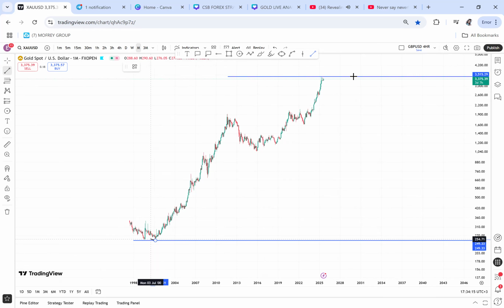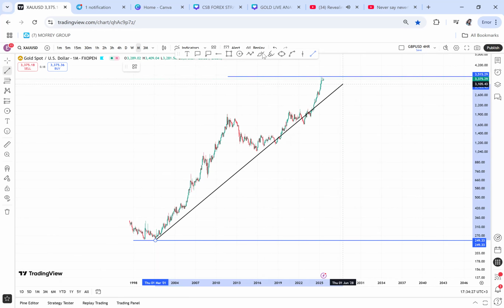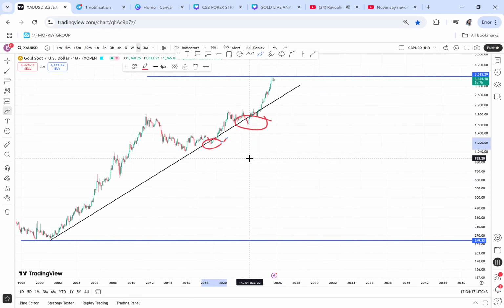So a trend line is considered accurate if it touches at least 2 points. And don't have trend line like this. We are not supposed to have trend line cutting through the prices. So don't make your trend line cut through the prices. That's another thing that I need to highlight. So make sure your trend line